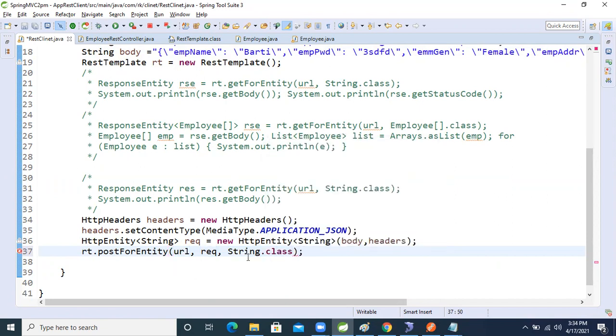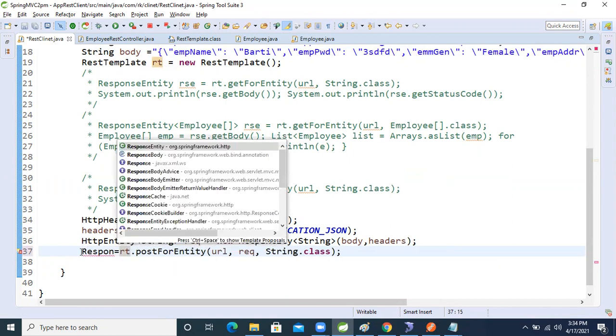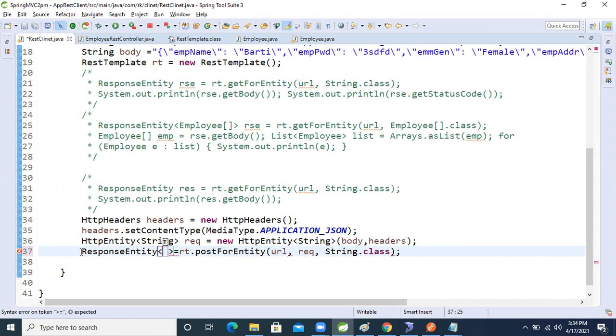This method will return a ResponseEntity, right?